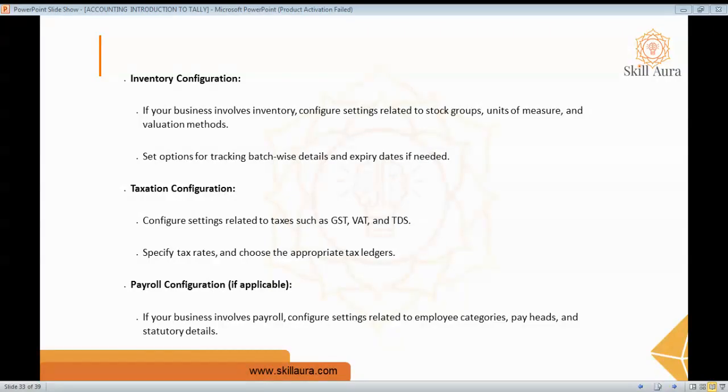Taxation configuration is related to taxes like TDS, and here you specify the tax rate and choose the appropriate tax ledger. And next one is payroll configuration, if applicable. If your business involves payroll, you need to set the configuration related to the company category, pay heads, and